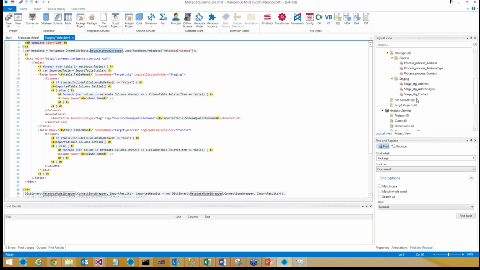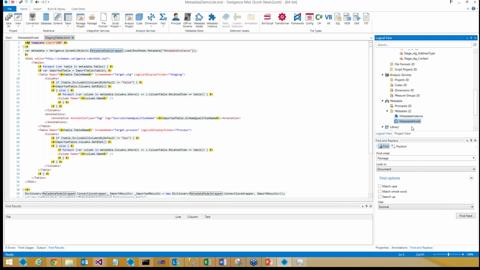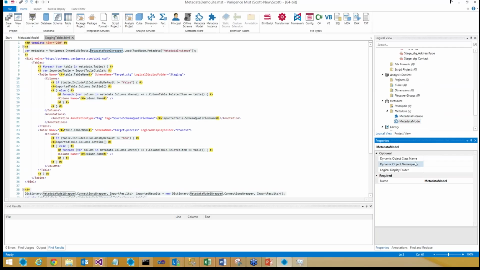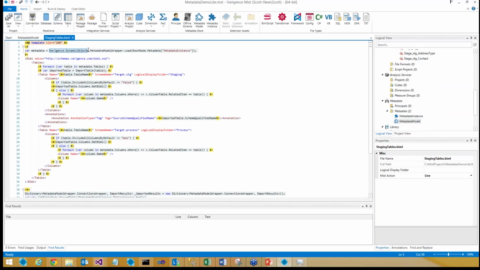So for every metadata model, we create a dynamic object for you that mirrors what's in that object. You can override which namespace you want it to live in and what you want the name to be, so you don't have to have our brand in your namespace, and you can change it to something other than metadata model wrapper. But you go ahead and load up a metadata instance, or you give it a provider pointing at wherever that metadata happens to be stored using our provider model, and it will automatically create for you this